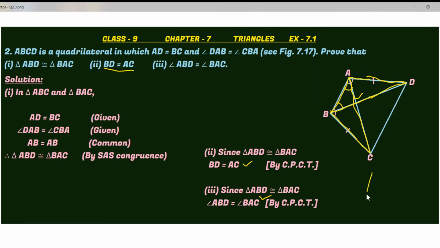You can see here in this triangle this is equal. If I draw like this, this angle, in this figure this angle, and in this triangle this angle. So these two we have already proved, this side and this side are equal to each other and this is common. So all the sides are equal to each other, then the angles also would be equal to each other. So angle ABD is equal to angle BAC by CPCT.